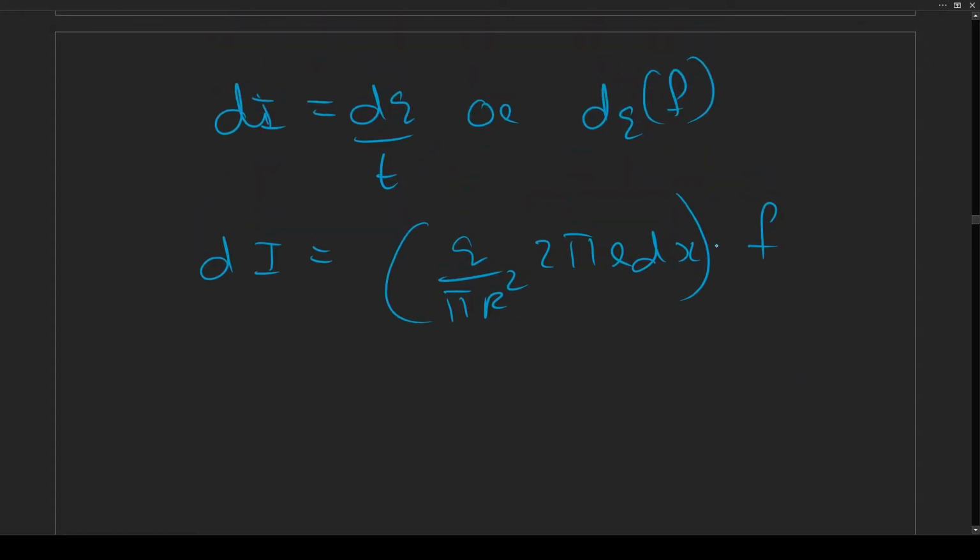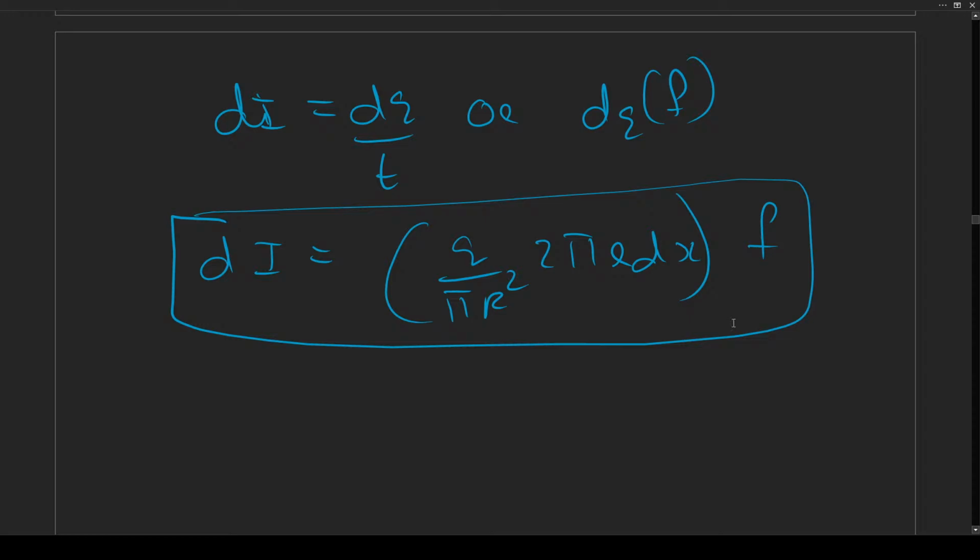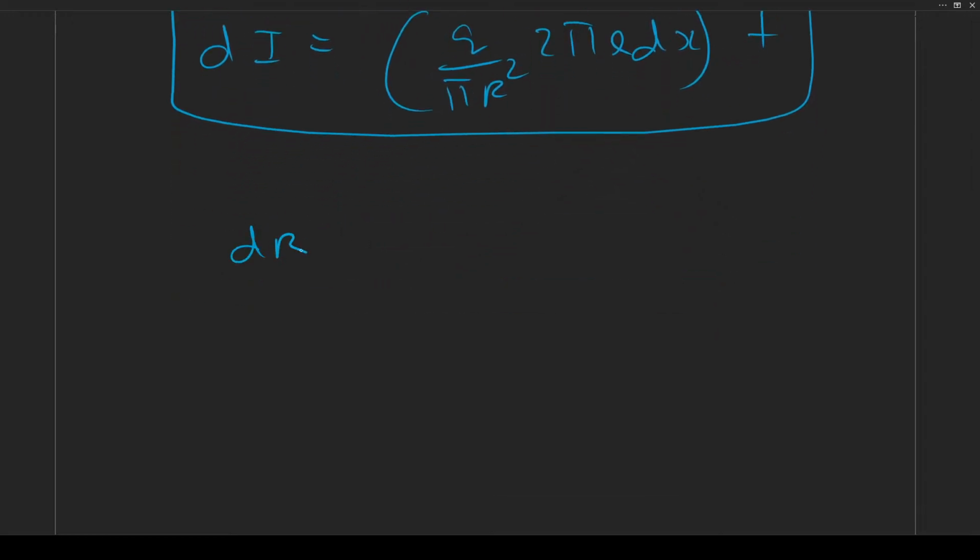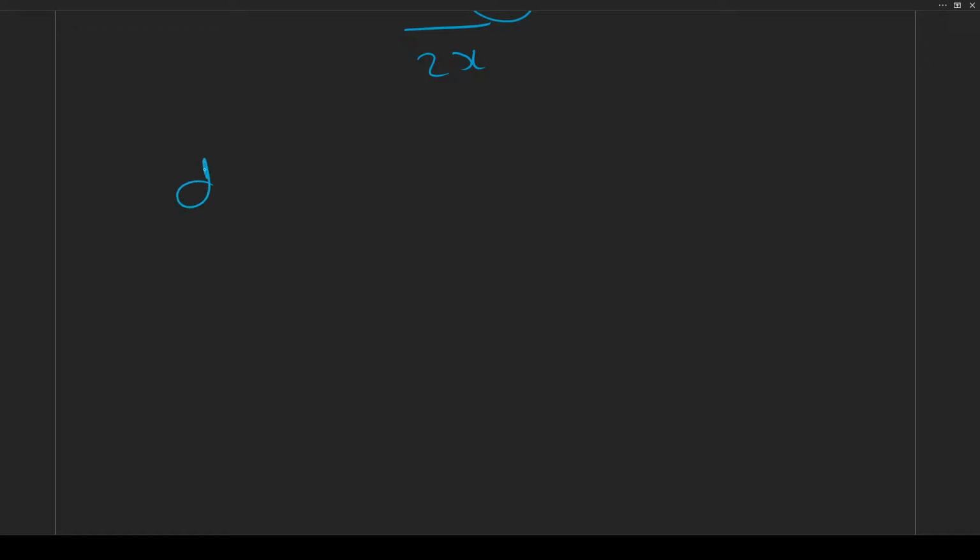Substituting this in the equation of dB, which equals mu naught di by 2x, we get dB equals mu naught by 2x